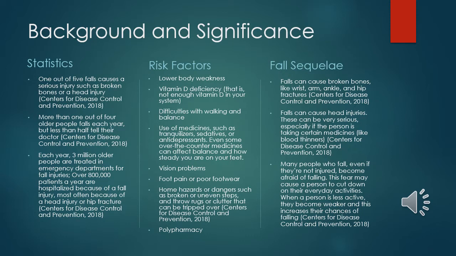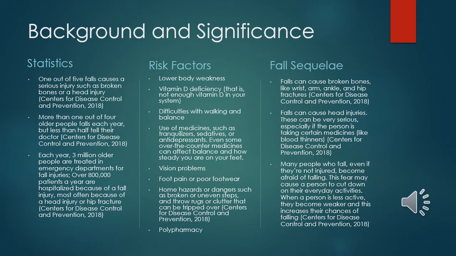Background and significance. Statistics. 1 out of 5 falls causes a serious injury such as a broken bone or a head injury. More than 1 out of 4 older people fall each year, but less than half tell their doctor. Each year, 3 million people are treated in emergency departments for fall injuries. Over 800,000 patients a year are hospitalized because of a fall injury, most often because of a head injury or